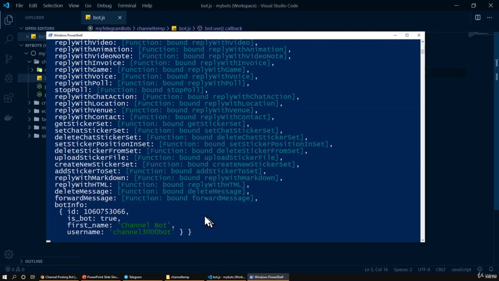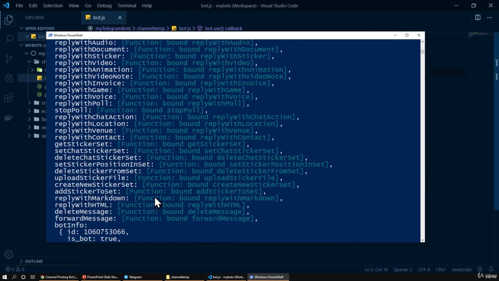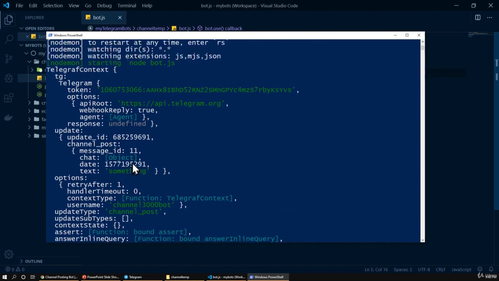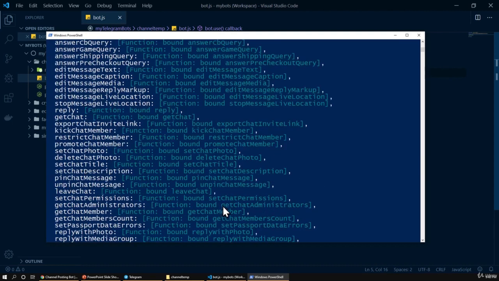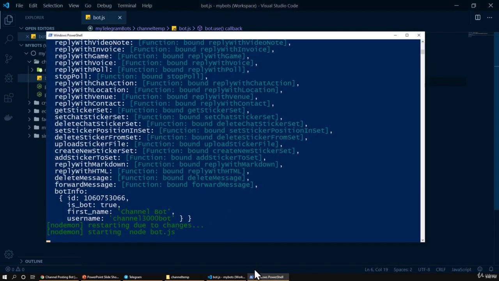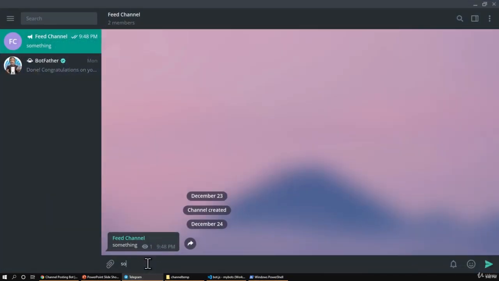You can see that the console has logged out the context object, and what we want to find out is what is inside of the chat object here, because it will contain our chat ID for the channel. So let's console log out the chat object by typing chat after the context. Save the file, make sure that it's restarted. Now when we type something,